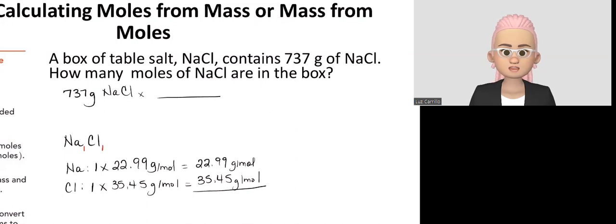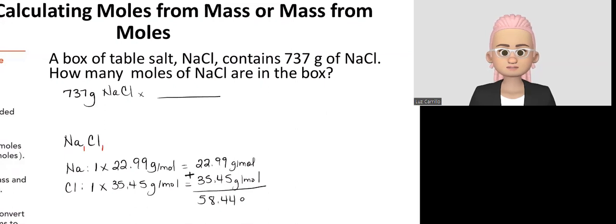Once you have obtained those results, you're going to add those 2 molar masses for each of the elements that are in this chemical formula, I should say. So we have 22.99 added to 35.45. So we see that the molar mass for sodium chloride is